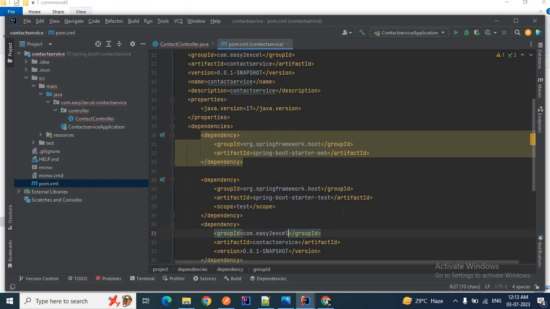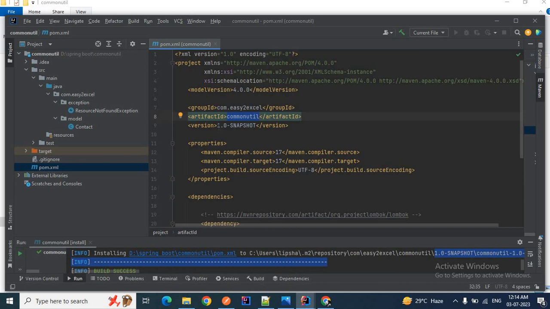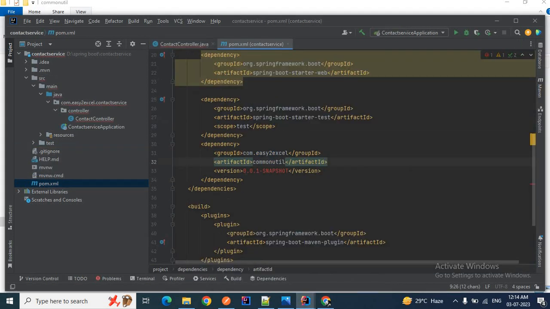This is my artifact, common util. And what is the version over there? 1.0 snapshot. This is the version. So we have added project 1, that is common util, as a dependency in our project 2, that is contact service pom.xml.